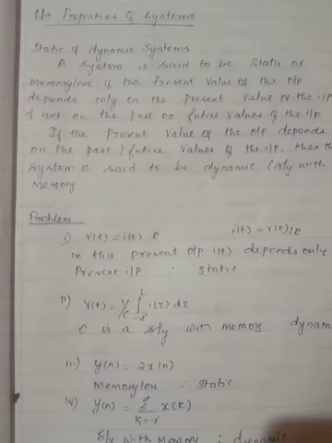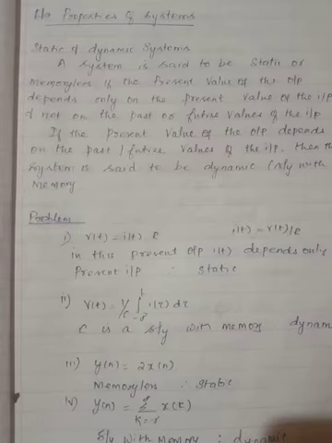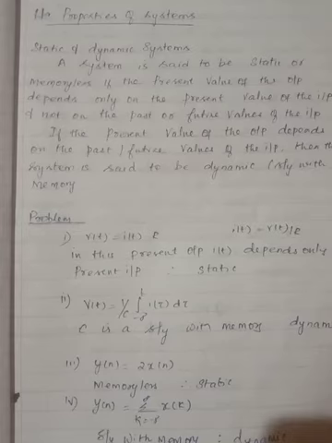There is always a system associated with the generation of each signal, and another system associated with the extraction of information from the signal. We have also discussed examples of systems, such as a rectifier, where the input is an AC signal and the output is a pulsating DC signal. So these are all examples of systems.